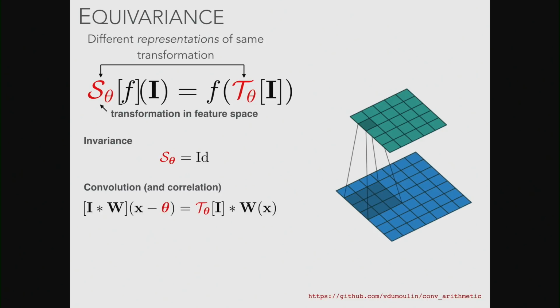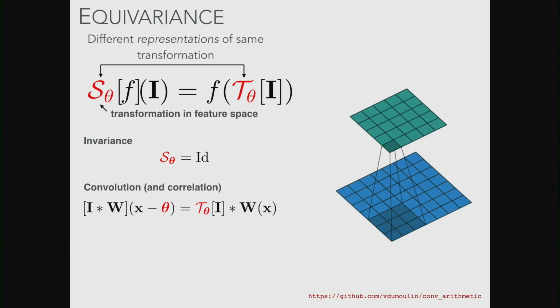Convolutions are equivariant. This is my notation for a convolution, this star thing. Well, technically what I really mean is correlation, but it seems that machine learning people prefer to use the term convolution. Correlation is basically: I've got an image and a filter, I scan my filter across this image lots and lots, and then I get a set of responses. That could also be seen as a linear transformation going from this image to this set of responses, but where I've tied the filter weights translationally between each position.